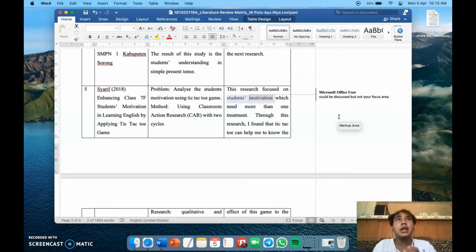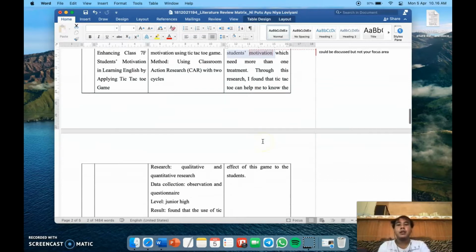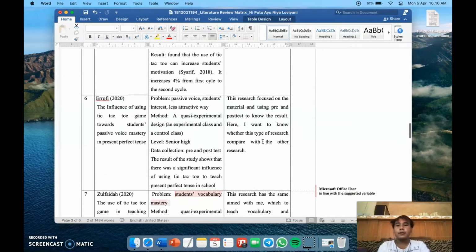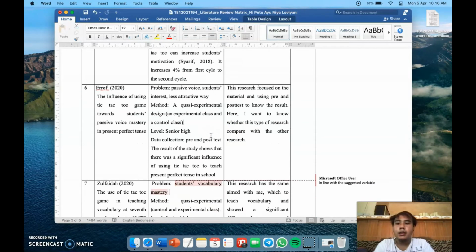So you can discuss the motivations. You are allowed to discuss it, or maybe you don't want to discuss it, you are also allowed not to discuss it, like that. And for the sixth article that Nia used is